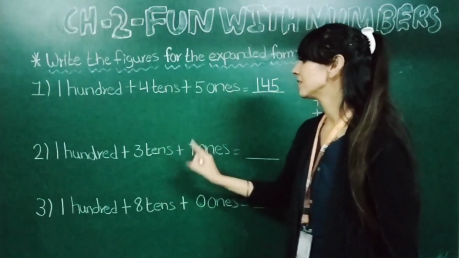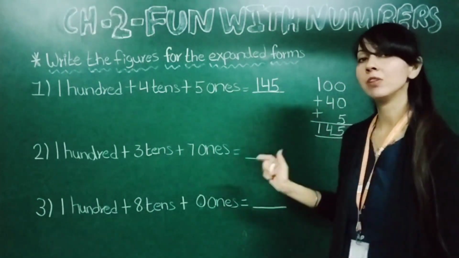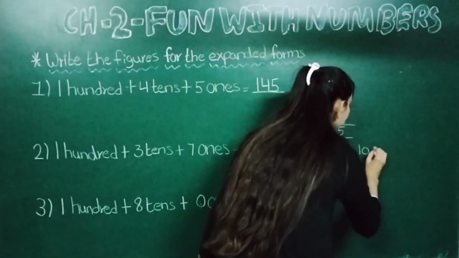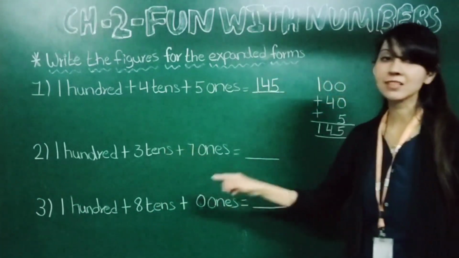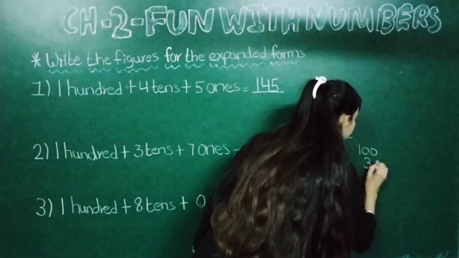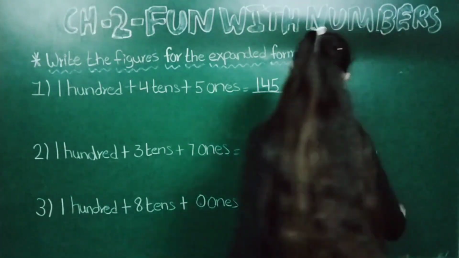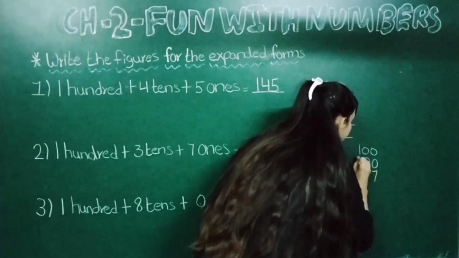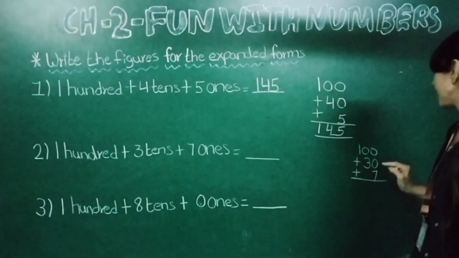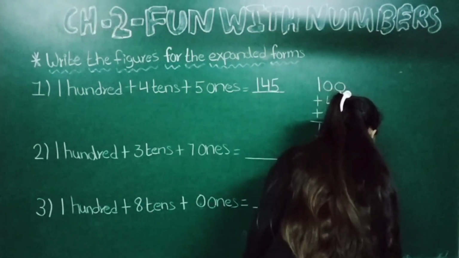100 plus 3 tens plus 7 ones. Now same thing we will do here. We will add this now. See. 100. Now what is written? 3 tens. 3 tens is 30. Yes. So 30. Now 7 ones. Okay. So here we will write 7. Now here we will add this. Now let's see. See 0 plus 0 plus 7. We will get 7. Yes. Here we will write 7.